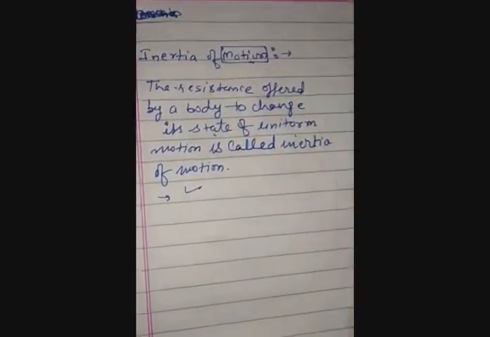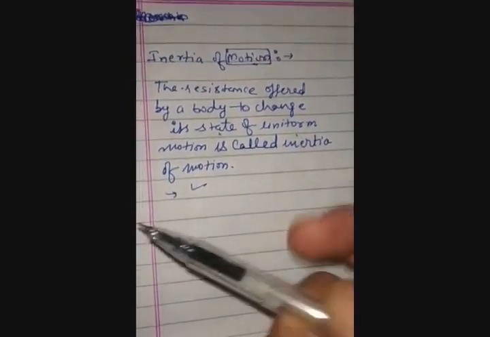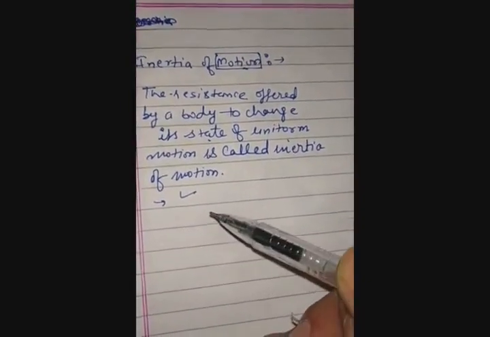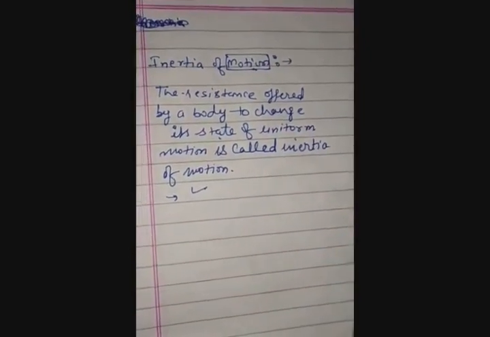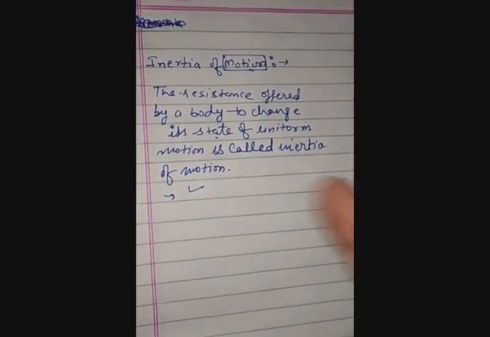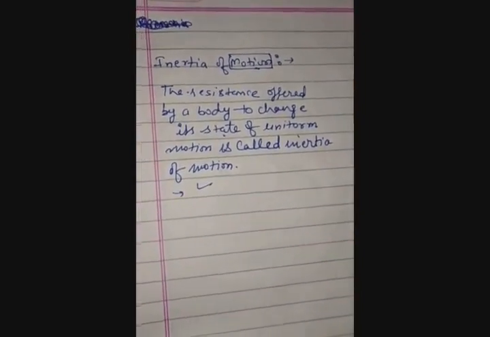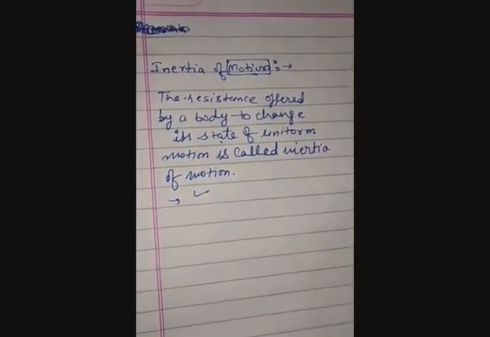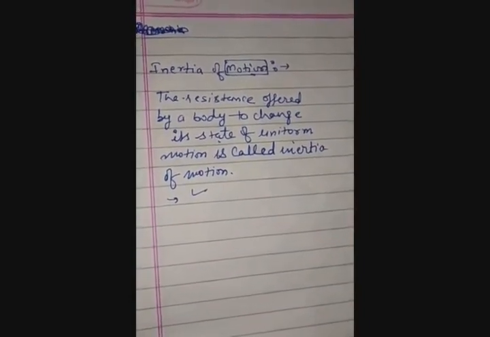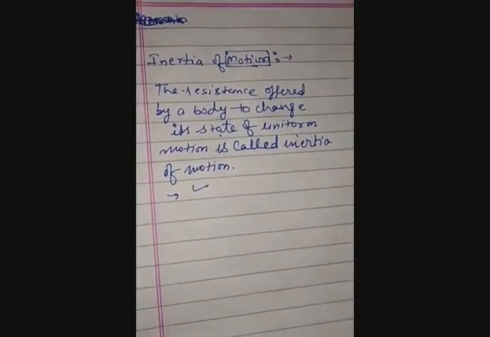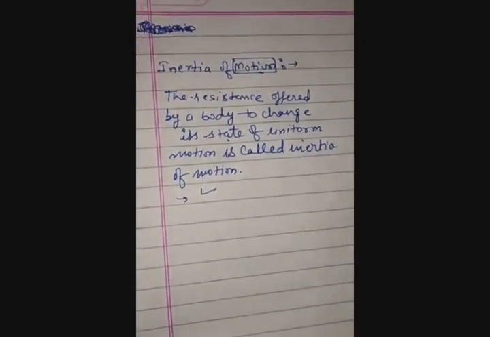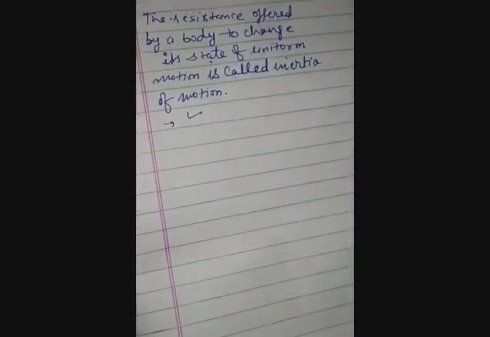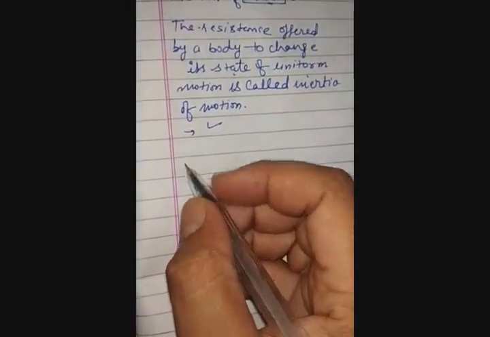We can include many points also. When we switch off a fan, it continues to rotate for a while due to inertia of motion. It will not stop instantly or automatically. It will continuously remain in motion, because due to the first law of motion, things which are in motion remain in the motion state. But it comes due to inertia only. Okay? Third point we can include is inertia